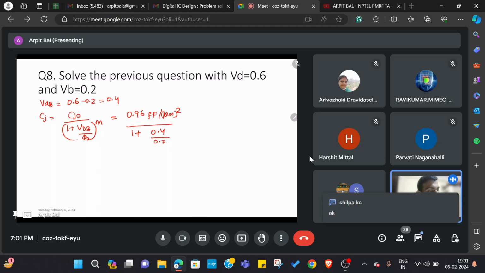Okay, so phi naught was given to us as 0.75 whole to the power m. So the value of m, mj, was 0.36. Okay, so this is going to be